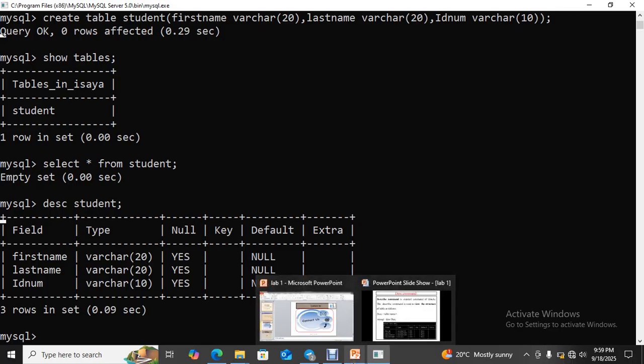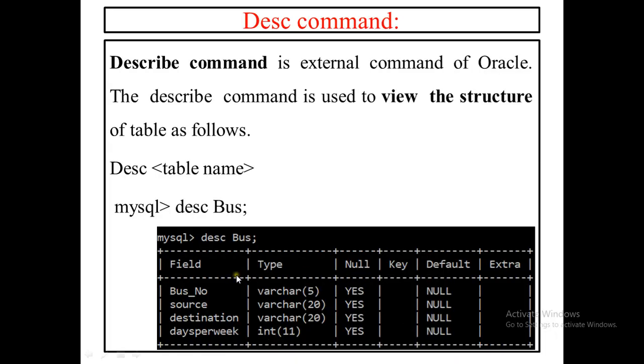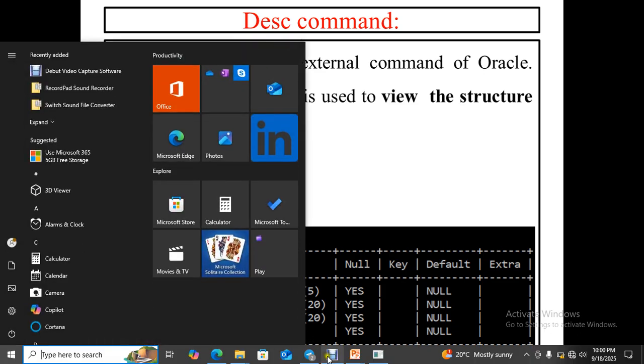Try to create this table by yourself. The name of the table is bus, and the bus has bus number, source, destination, days per week, and so on, and these are the data types. Try to do this, and see you next. Okay, thank you very much for your